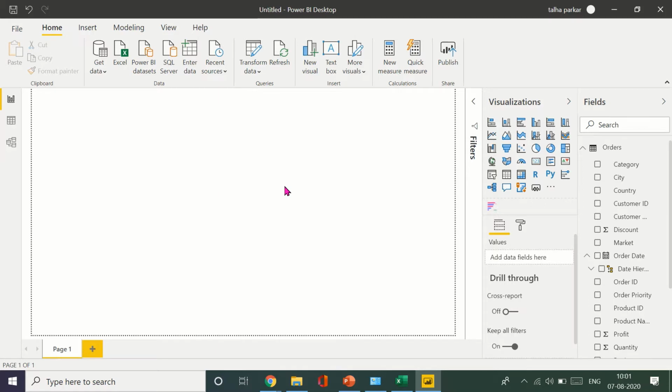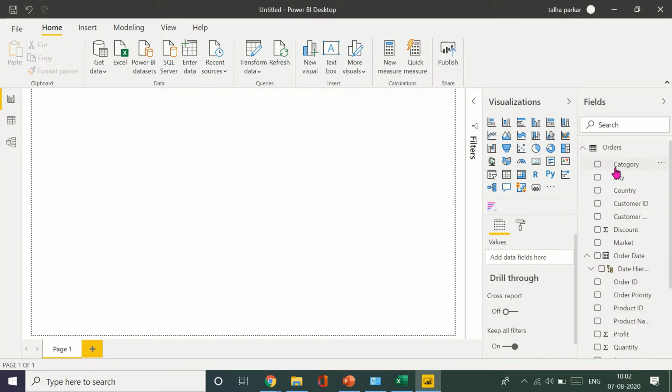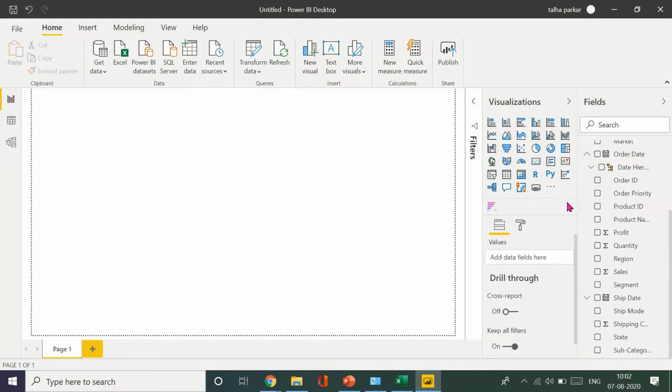My name is Talha Barkar and in this video I'll be covering another custom visual in Power BI called the animated bar chart. And as you can see on the right side of the screen, I've already imported my file. So you can see all the columns, all the row headings, in the fields. We've got a visualizations pane here, and if we click on these three dots and go to get